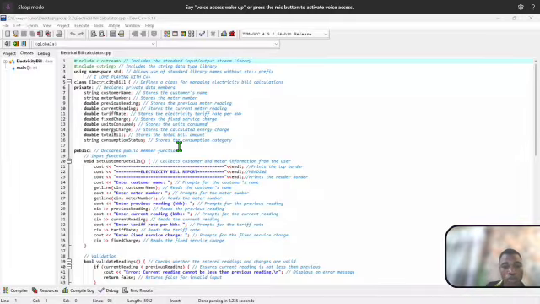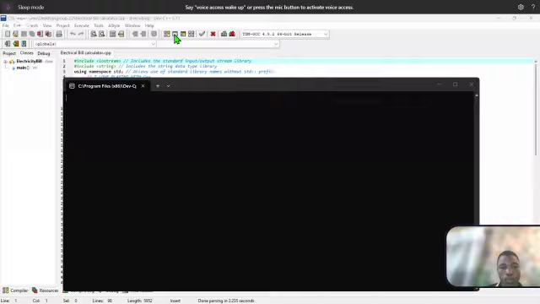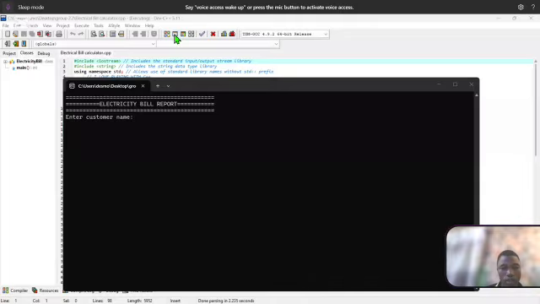So right now I am going to run the code so that we see how our C++ works. So we run it here. All right, when you run it, this is how your interface will look. You enter the customer name, but the heading will be electricity bill report because that's what you are calculating for. So my name,